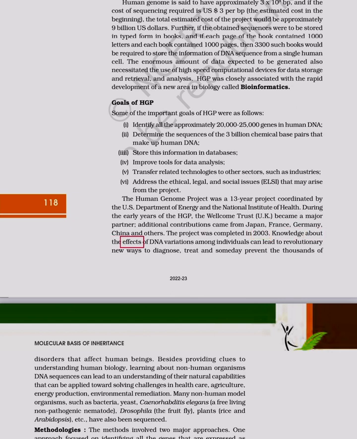Knowledge about the effects of DNA variations among individuals can lead to revolutionary new ways to diagnose, treat and someday prevent the thousands of